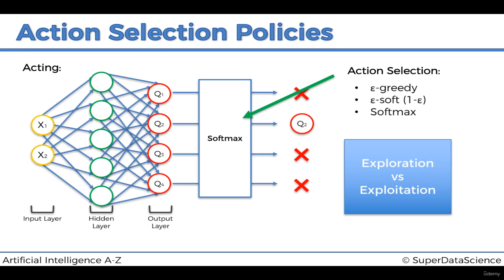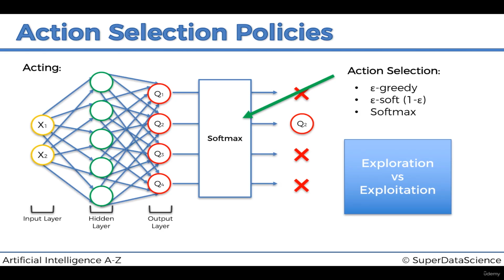But maybe he'll already soon learn that, okay, I'm going to take a different action. I'm going to take this action because now it has the best Q value. So sometimes the environment forces the agent to explore different actions. But sometimes the agent might find itself stuck in a local maximum.